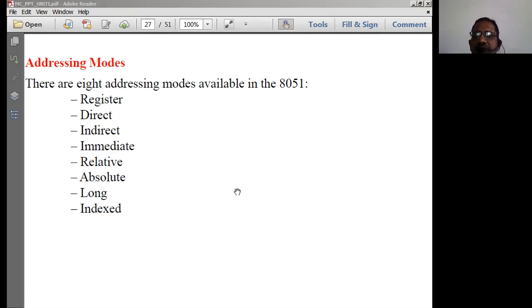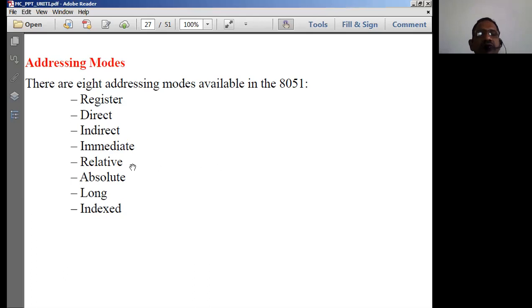The next mode we have discussed is called the immediate addressing mode. In the case of immediate addressing mode, the 8-bit data or 16-bit data is directly transferred into the microcontroller's registers. If 16-bit data is to be transferred directly, we use the DPTR, which is a 16-bit register in the 8051 microcontroller. If we want to transmit 8 bits, we usually prefer the move instruction, MOV A, #55H. In that instruction, 55 is directly moved into the accumulator A. Like that, we use the immediate addressing mode.